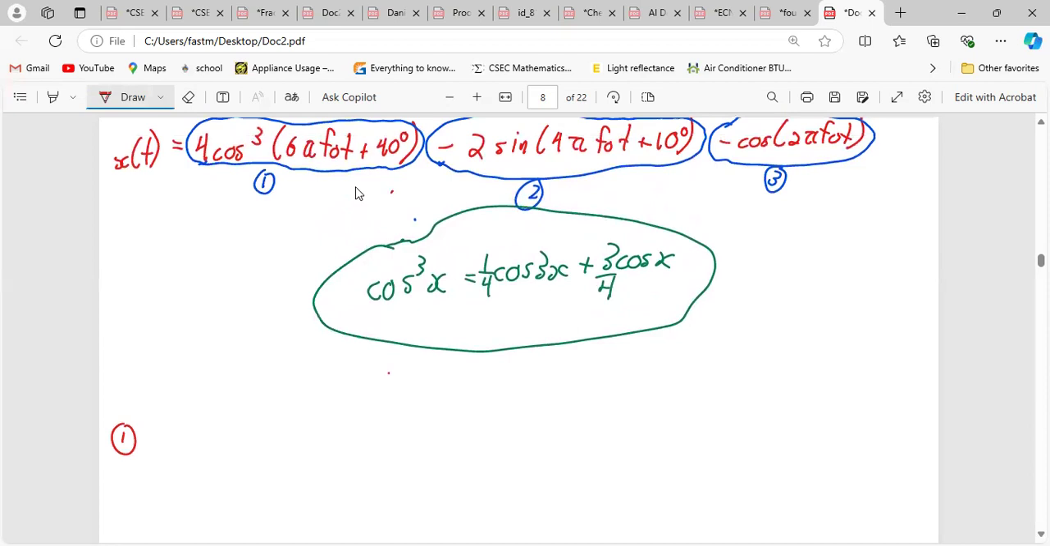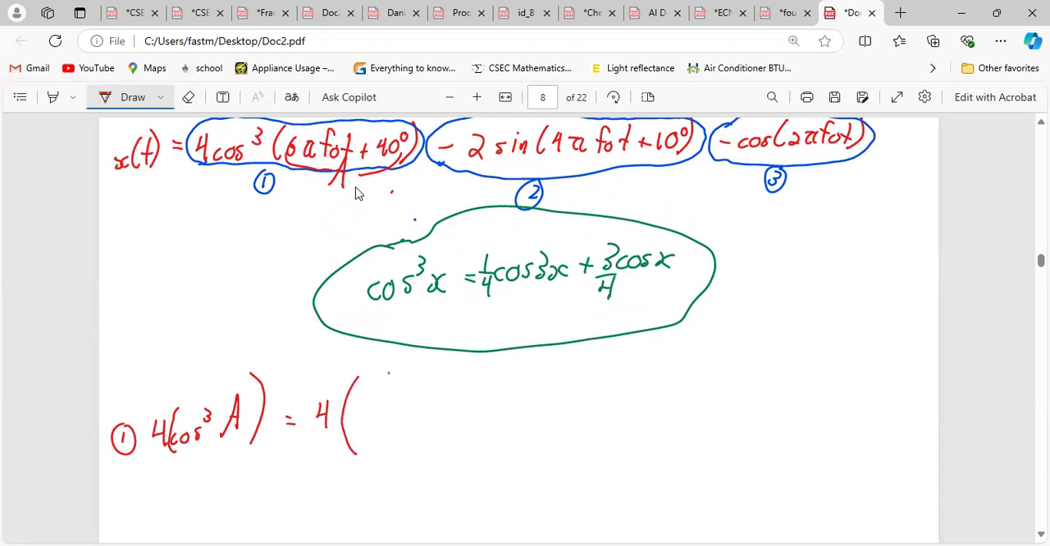So we have 4 cos cube, and I can just let this inside here be A, right? So this here is A. So it becomes cos cube A. Okay, so I could just use this. So we're trying to get rid of this here, right? So that would end up being 4